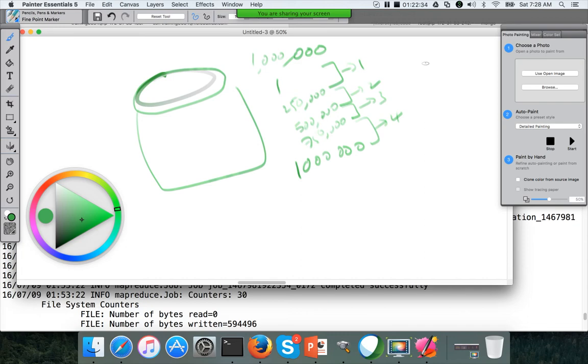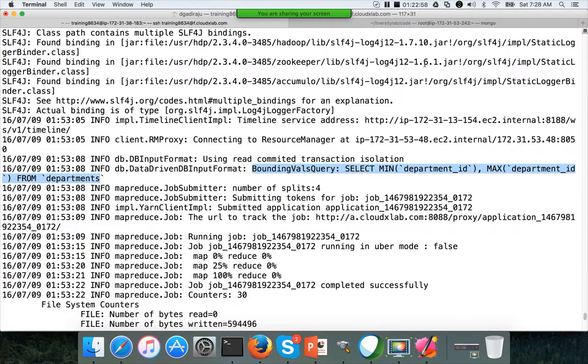That will be one query, and the second query will be greater than or equal to 250,000 and less than 500,000. So you will see 4 queries in the database from 4 different connections, which pass these ranges to the database and start reading the data. Each thread will read its own 250,000 records and write into HDFS. So that's the logic it uses.